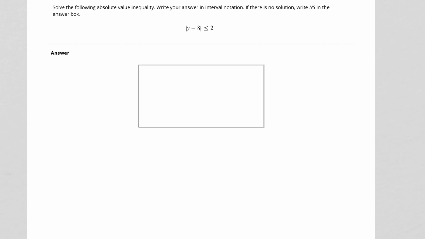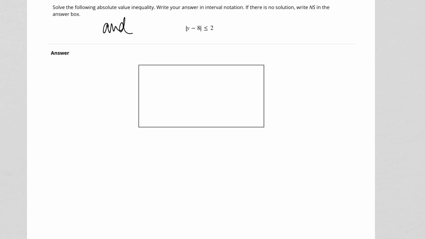This time I'm going to solve the following absolute value inequality. Write your answer in interval notation. If there's no solution, write NS in the answer box. It's already in standard form. I have the absolute value of y minus 8 is less than or equal to 2. So less than, so we have another and,